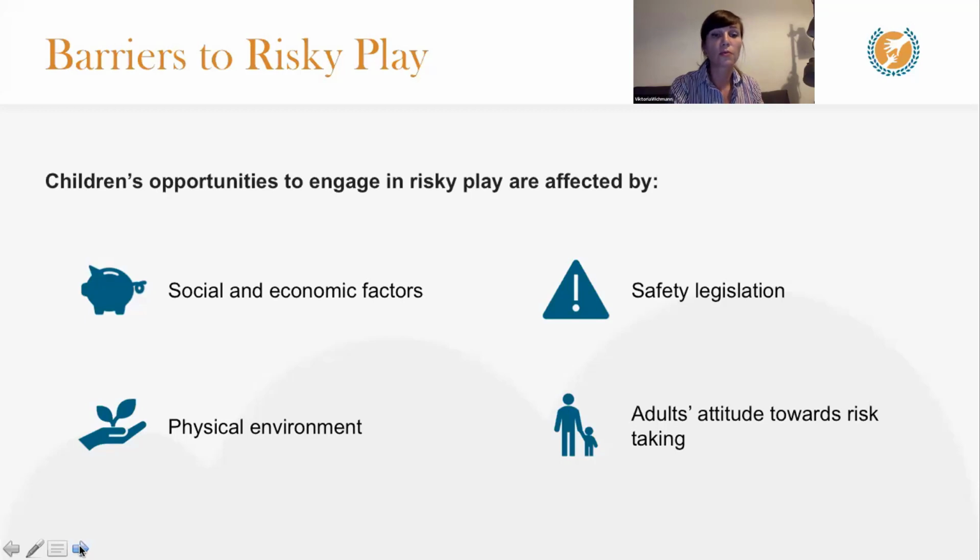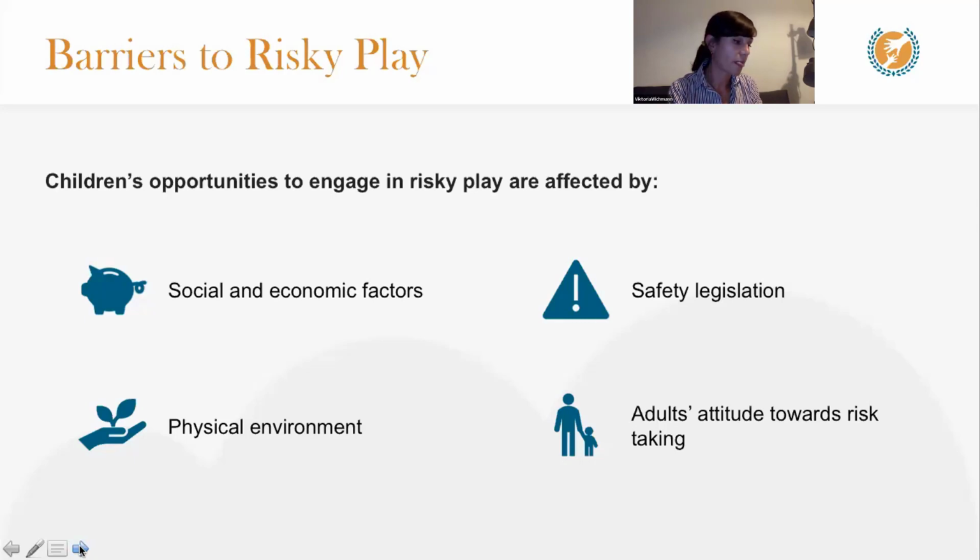Furthermore, the access to good quality early years settings where there might be opportunities for risk-taking can also be either to do with financial constraints or just the social and local situation of the early years settings. We know that loads of nurseries close down nowadays, and so some children are simply not able to access these opportunities because of the social and economic factors.